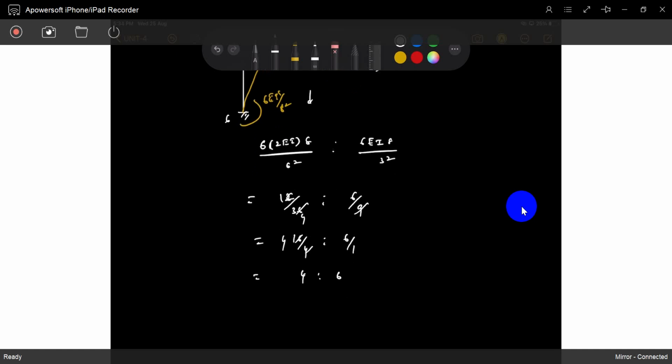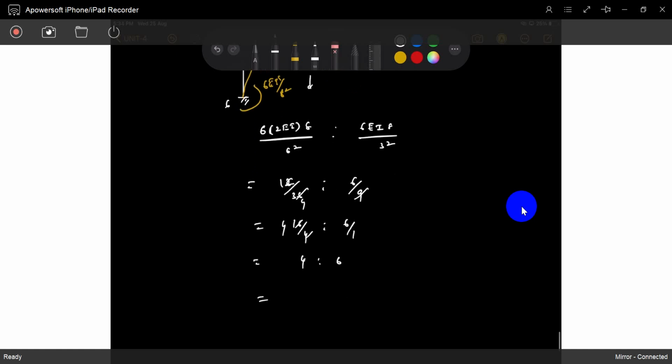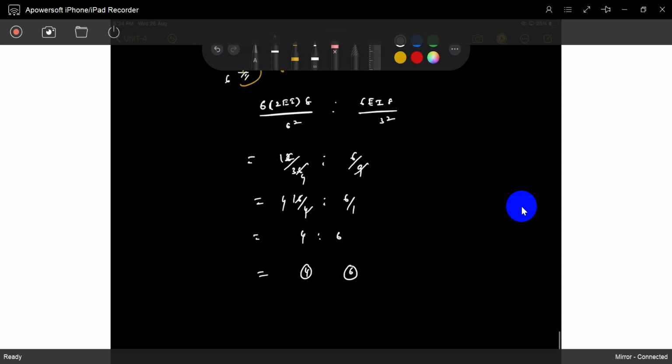Understood? It's a 4:6. You can directly take it as a 4 and 6 value. But if you take 4 and 6, for the third iteration you will get some problem. It is entered into zeros, but at least you have to do 3 iterations, then only you will get it. So I will multiply with any number, just 2 or 3. I will multiply with 3.